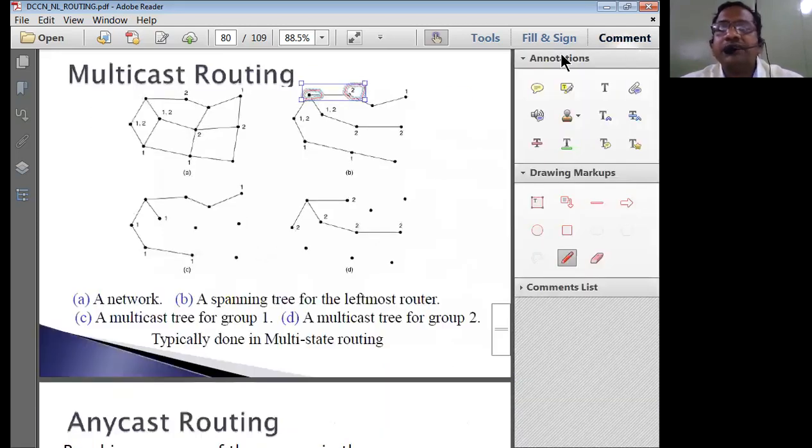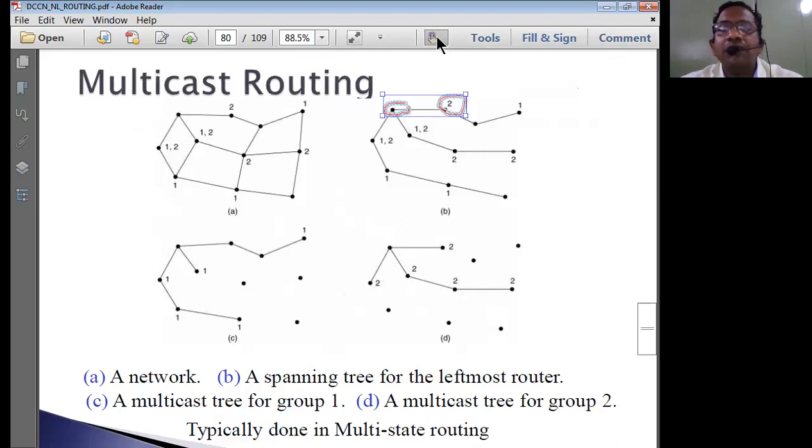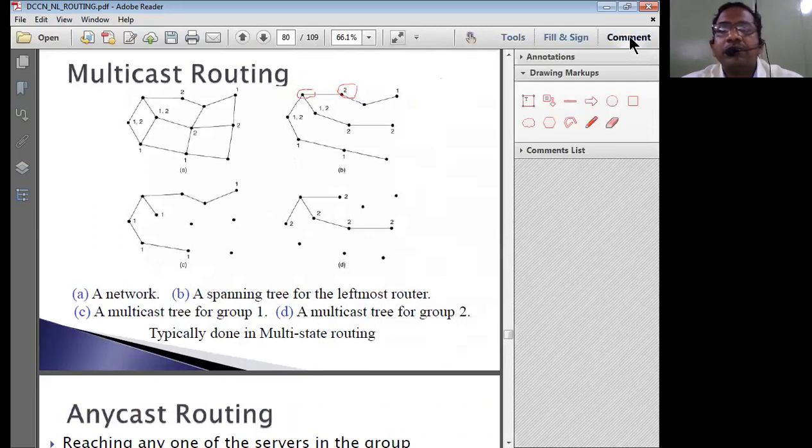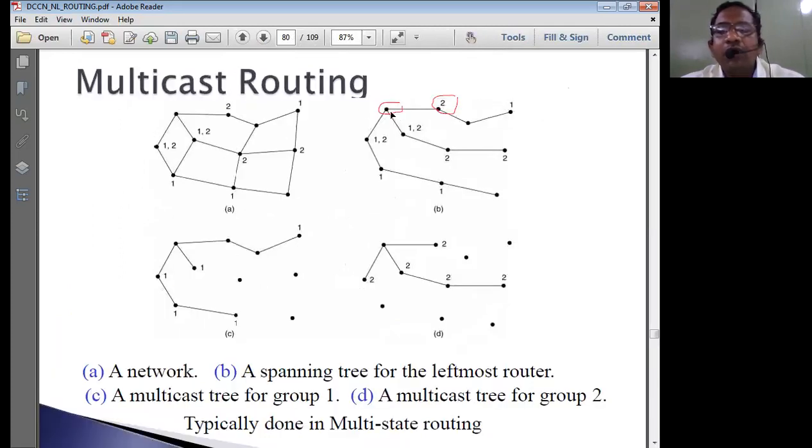Other than this, if I want to communicate the same information to many nodes on a single line, then it is called a multicast type of routing. That means the same packet is simply transmitted to all the destinations. If you transmit to more than one destination, it is called multicast. It comes under a broadcasting kind of transmission technique.